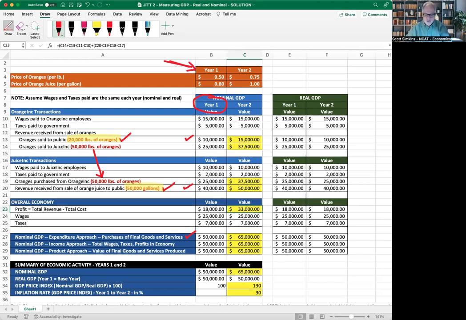There's no changes, nothing in it that's different. The only thing down at the bottom in terms of the GDP price index, that information is in section 2.4. When we think about measuring GDP over multiple years in nominal and real GDP, that information is in section 2.4. So I've expanded the example that's in section 2.1 in your textbook to make multiple years, with prices that are different in each year for the oranges and orange juice, the final goods and services, so that you can get an understanding of real GDP,